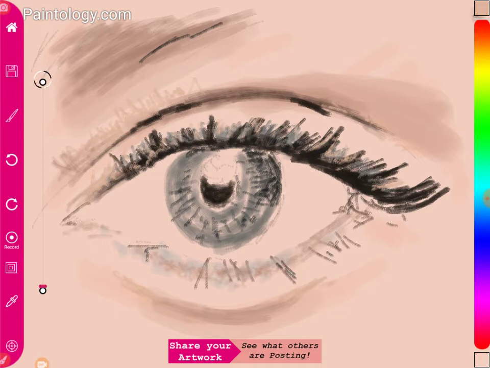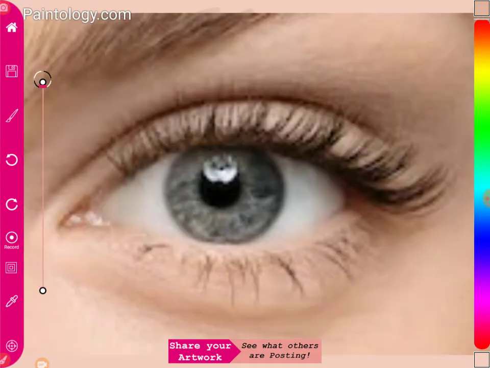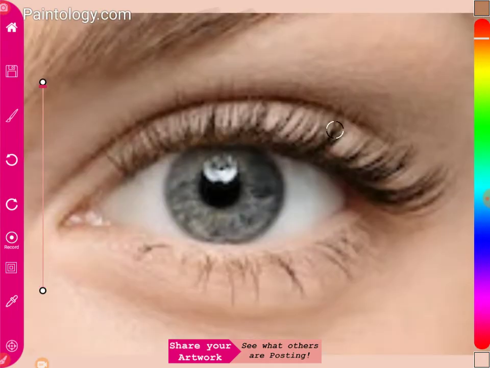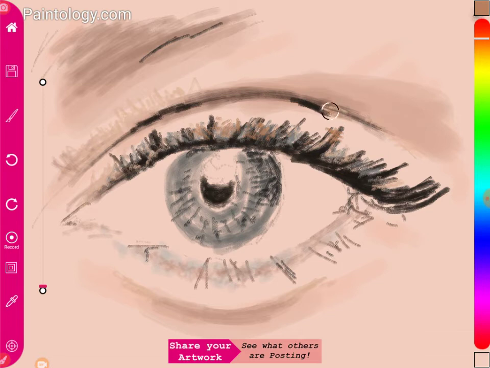Let's look at that eye. The more you observe, the more you can appreciate what needs to be done. See, there's like, now I can go probably a darker, keep adding, and then I can always add the eyelashes again. Not a big deal, but